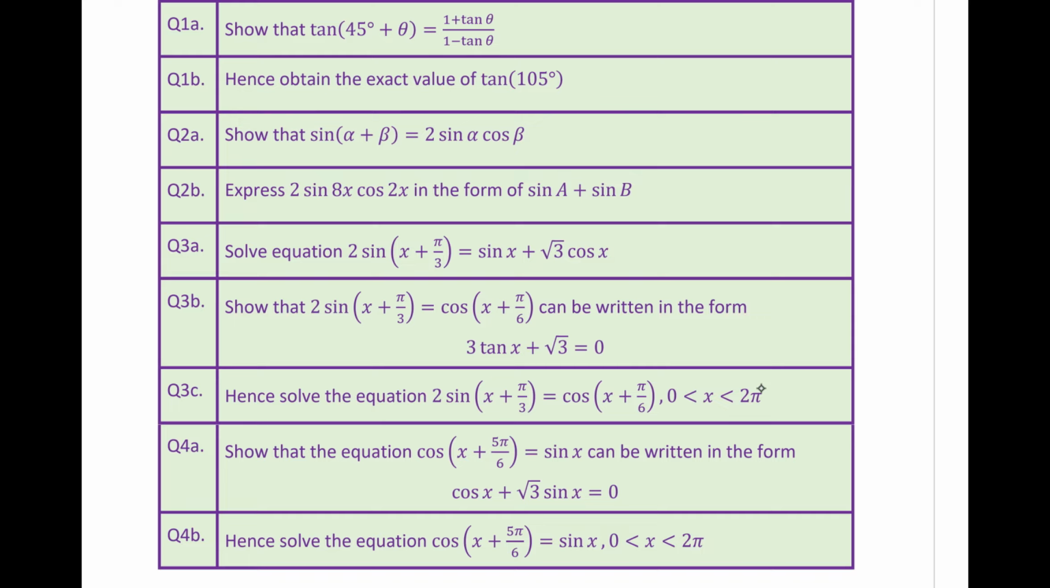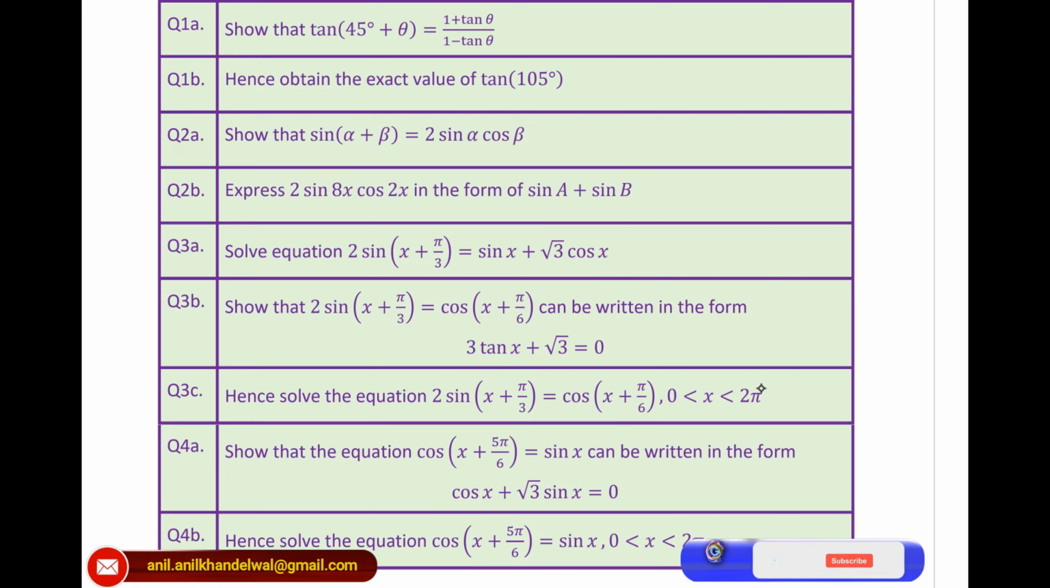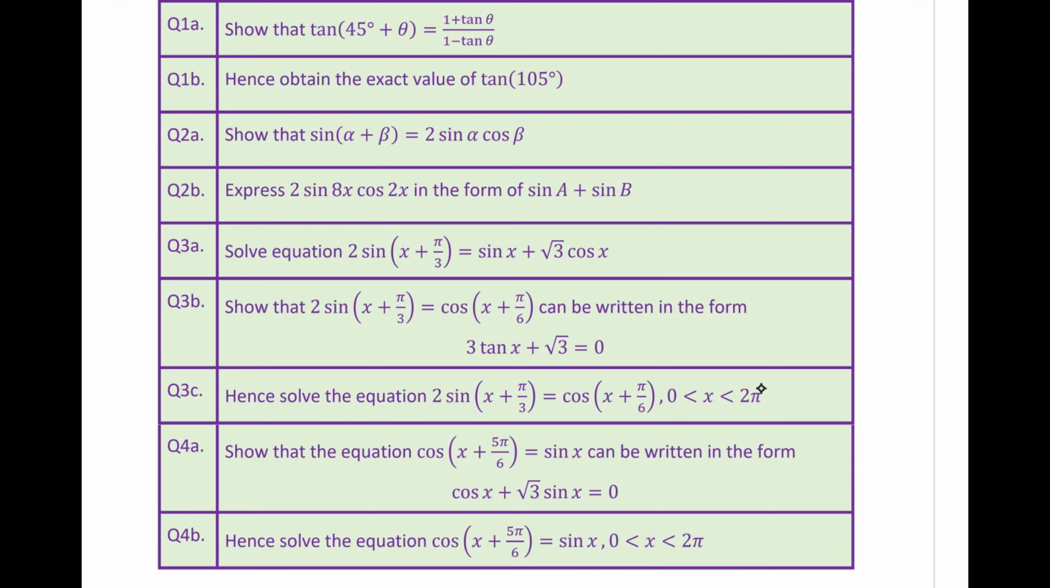Question 4a. Show that the equation cos (x plus 5 pi by 6) equals sin x can be written in the form cos x plus square root 3 sin x equals 0. Hence solve the equation cos (x plus 5 pi by 6) equals sin x, where x is between 0 and 2 pi. Now these are the questions which are normally asked in UK examinations, mainly